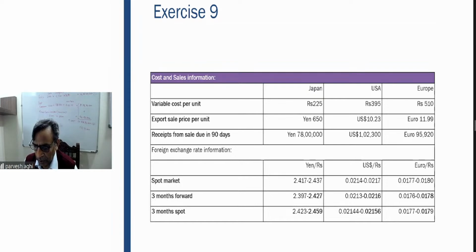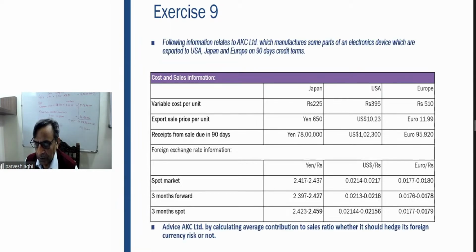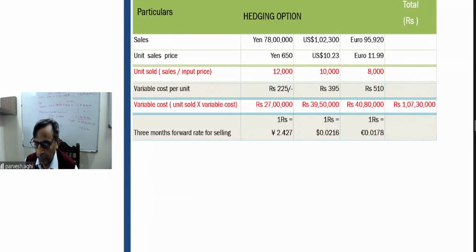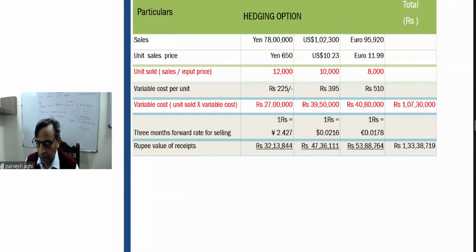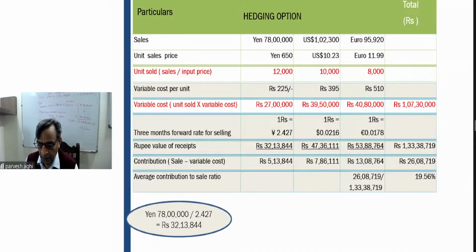Okay. So the bid rate becomes important here. But since the quotes are in an indirect manner, the bid rate will become 1 divided by 2.427. Now the relevant quote would be 1 rupee is equal to 2.47. And then we'll divide this to calculate. So the total rupee amount will be 78 lakhs yen divided by